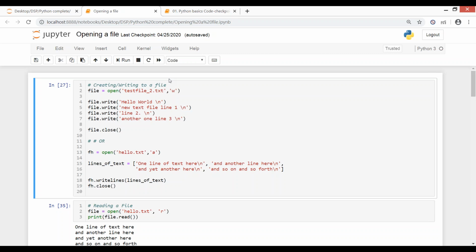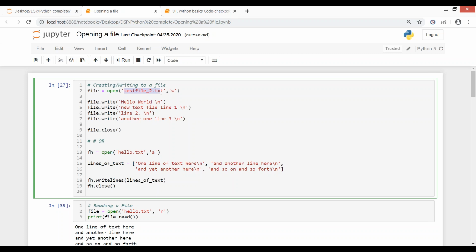Say you are getting some data and you just want to write it to a file right away. So for that the command is here. So file, this is the variable I've just created. Then this is the function name, open. You have to write open here and then the name of the file which you want to create.